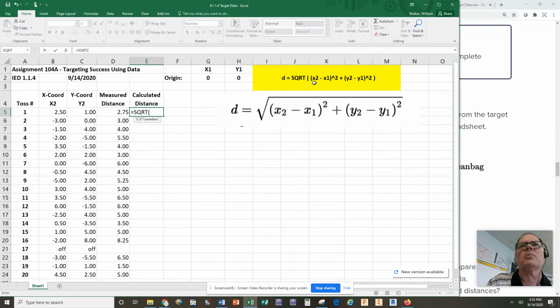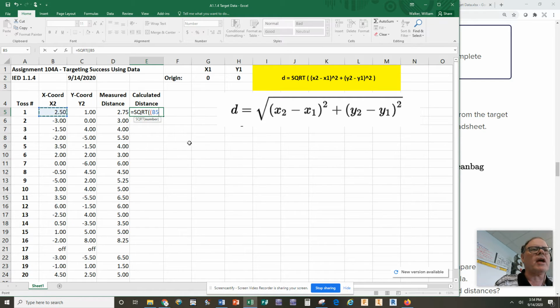I've got to open another parenthesis now to get the x values in. So I'm going to open a second parenthesis. I'm going to go get the value for x2. Now the value for x2 is over here at cell B5. That's where the value is. That's the label. The value is 2.5. So I'm going to click on that, and it automatically will pick up cell B5,